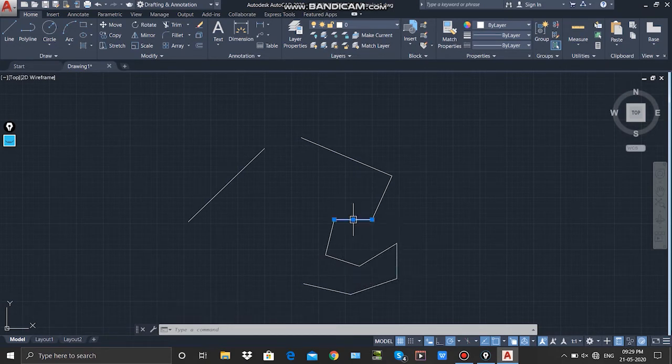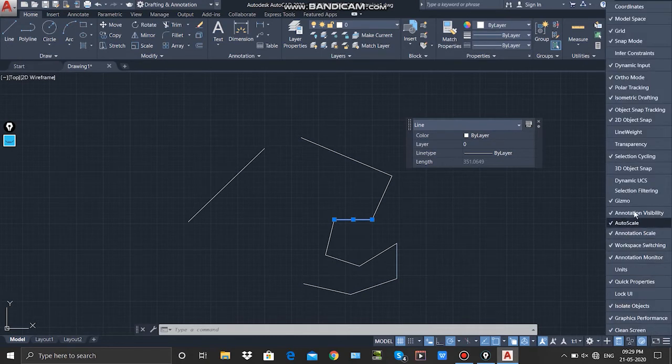So now if I click on this line, here you can see this part of the line is selected, and this is the quick properties window. So if you are unable to see this quick properties window, just click on these three lines and find here quick properties.